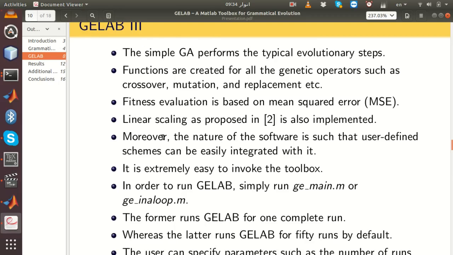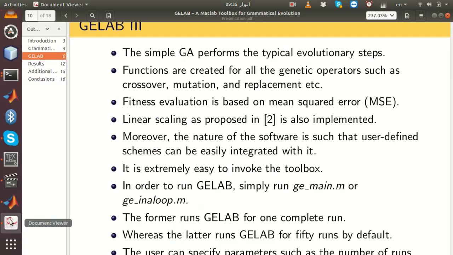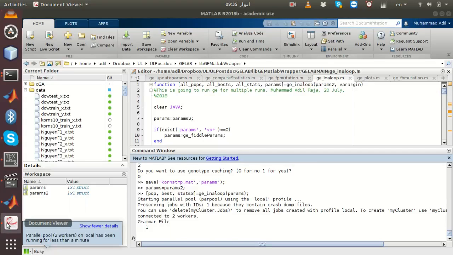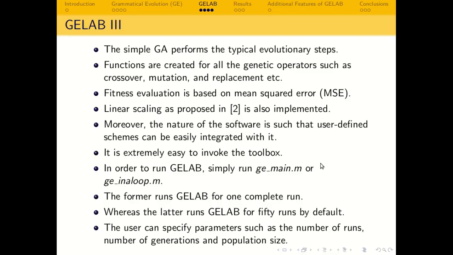So what I've done is that I invoke the GE fiddle parameters function, which allows me to set the parameters, and eventually I'm passing those parameters to GE in a loop.m function. So this runs GE for a complete run. This is quite easy, and this is a fact about GELAB, that it is quite easier to use